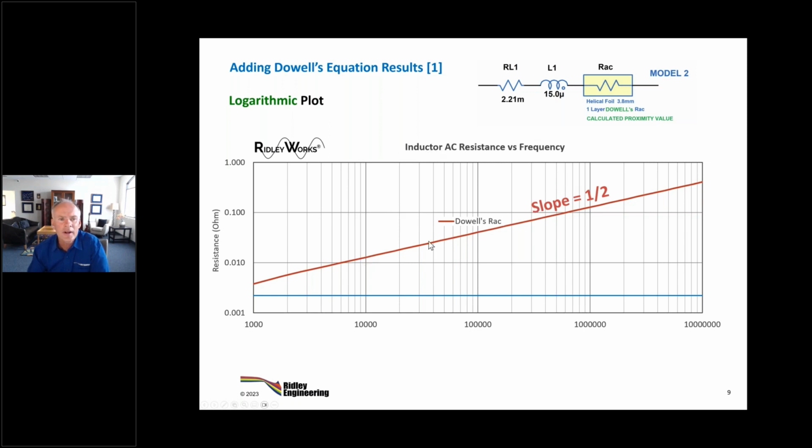And all these graphs come right out of Ridley Works, okay? You can get a copy of Ridley Works. We'll explain how to do that later on. You can solve Dowell's equations yourself, which is a couple of months out of your life to get it solidly done. Or you've already done that and you solve this in a spreadsheet yourself. I would say about 0.1% of the industry have actually done that. It's not easy, unless that's your thing.